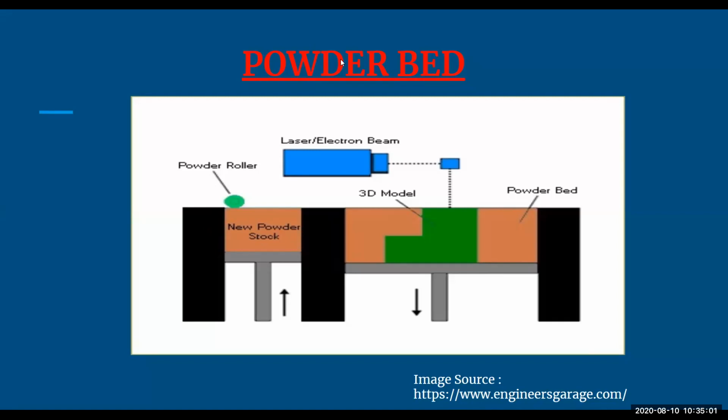Let me mark it out. Okay, I have made a tick here. You can see there is a laser electron beam. There is something called a structure, that is a printing head, from where your material is coming out. With this powder form you can have colorful 3D models, because it is a structure like a printing head, so you can have different colors of powder, and with those different colors of powder you can create different 3D models.